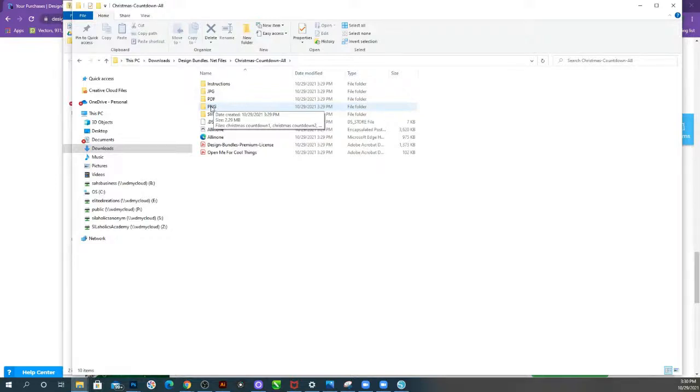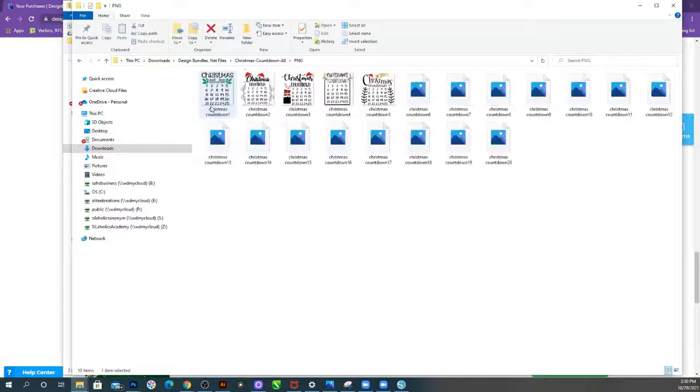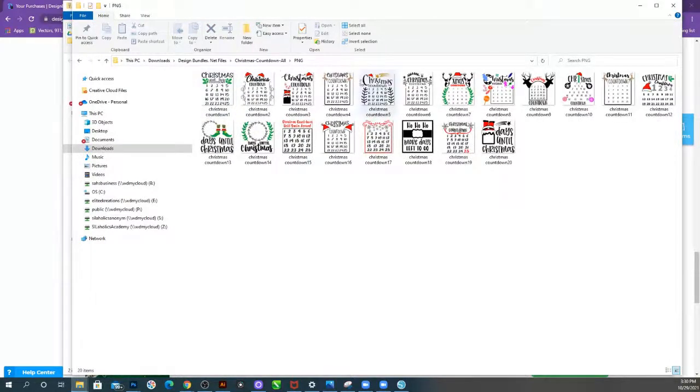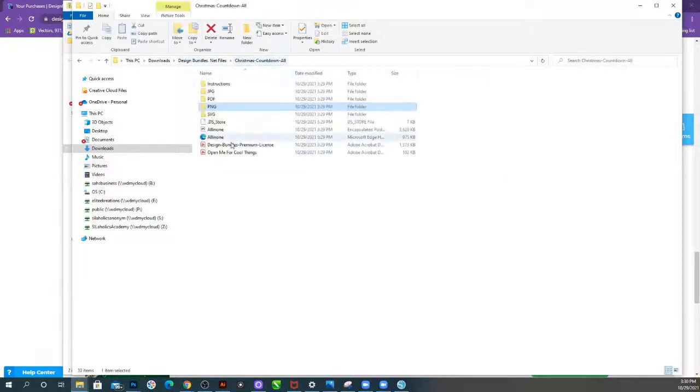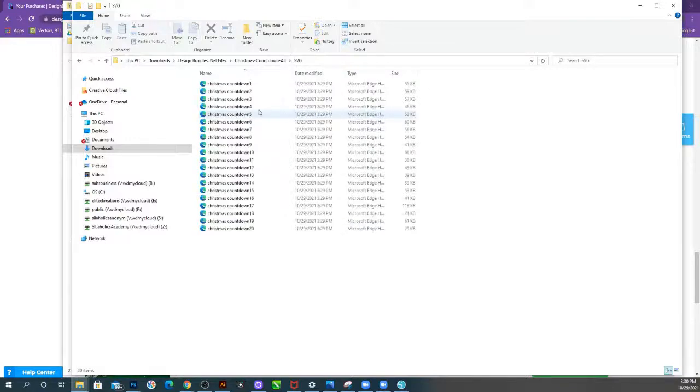So I don't have 4.4. I prefer 4.3. So we're going to double click on this. You're going to see everything. When it comes to SVGs, if we click on that, you don't get a picture of it. A lot of the times, even though these are all the SVGs,